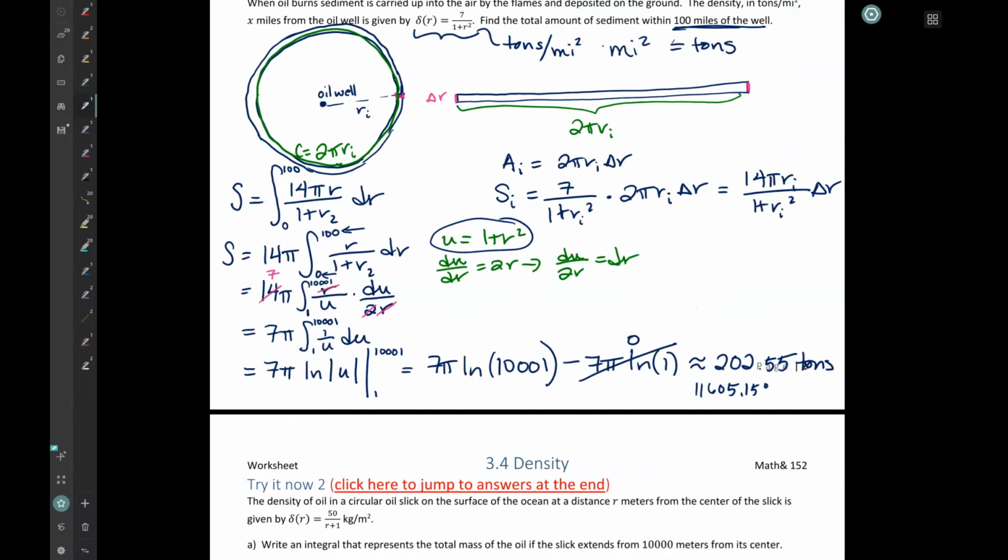But that's basically the setup. So you'll run into a few of these. You try it now, for example, where you're just going to make sure that you do a circular slice and then unroll it to make a rectangle. Okay, thanks for